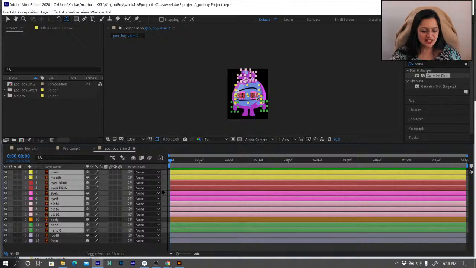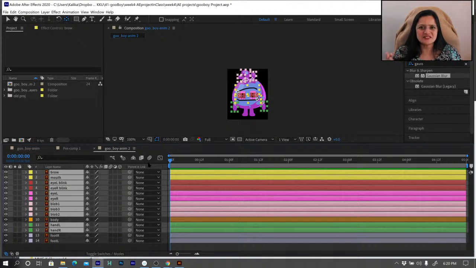Okay, now for this step, you're going to need your Parent & Link column showing, and you better have all these guys swiveled closed, because if they're not swiveled closed, you know what happens? You accidentally end up connecting random other stuff, and it is not pretty. So that's one of the gotchas of the Parent & Link column, is that you can connect other aspects of your layers together,